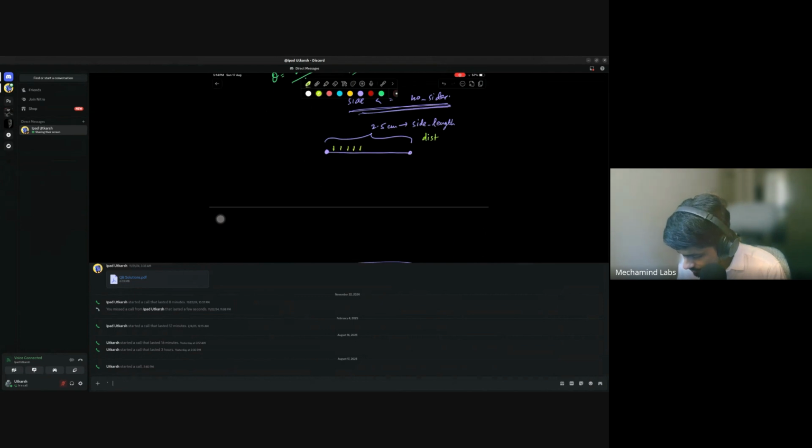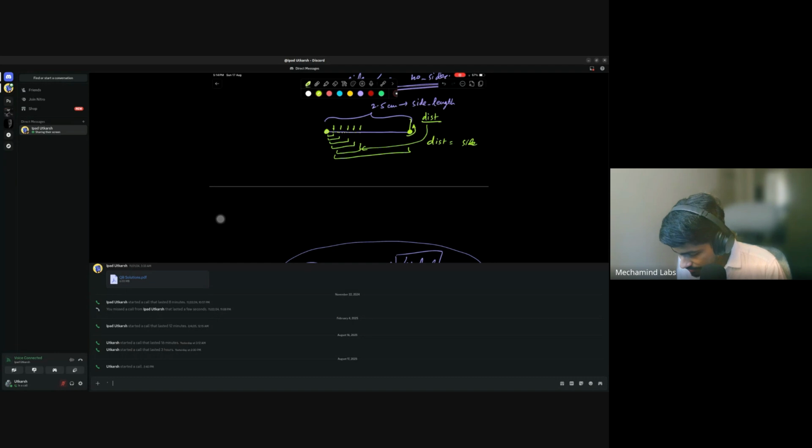So every time the pose topic will keep on changing, and the distance will keep on increasing. From the start position, every time this will get updated till it reaches this point. When it reaches this point, the distance will become equal to side length. Then I want my turtle to turn and move above. So the error I am referring to is side length minus the distance. So what is left is this, and as my turtle is moving forward, it is constantly getting reduced,